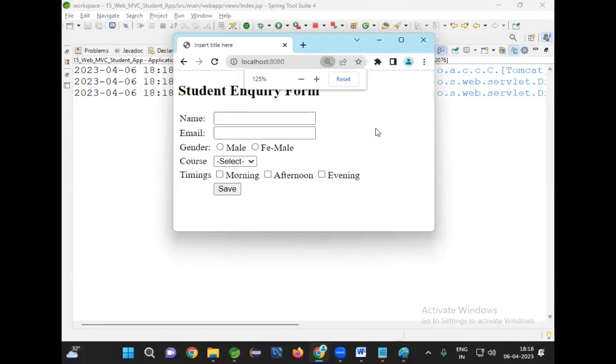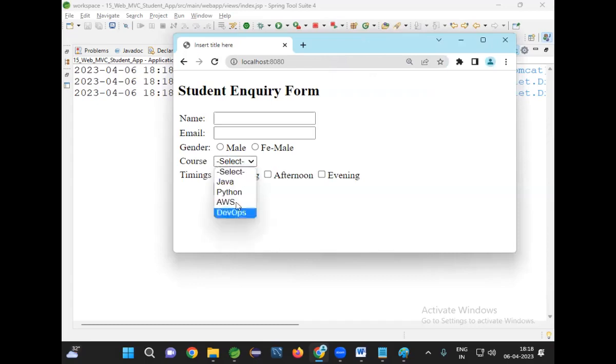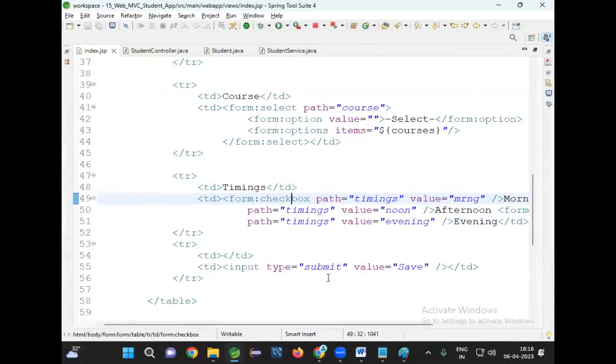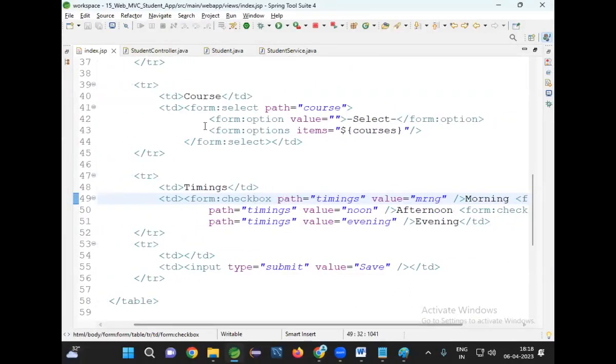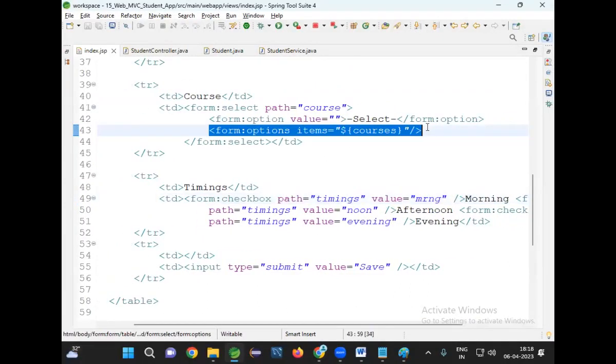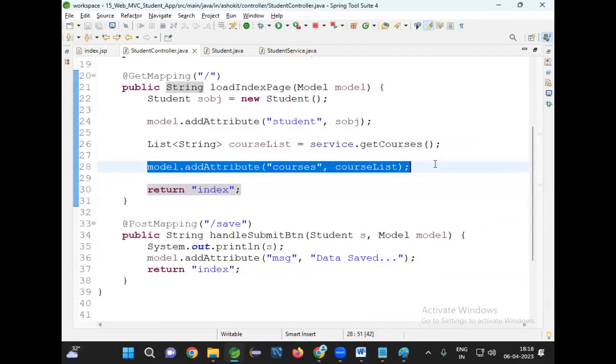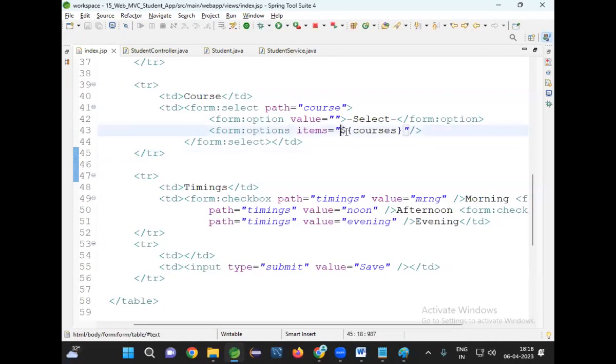So now, for my course drop-down, values are coming from the backend. How am I printing backend data in the front-end drop-down? Just use one tag, form colon options, items is equal to dollar of courses. What is this dollar of courses? It is a key which is holding the list of courses. When I give items is equal to dollar of courses, whatever data is available in the list, that data is pre-populated